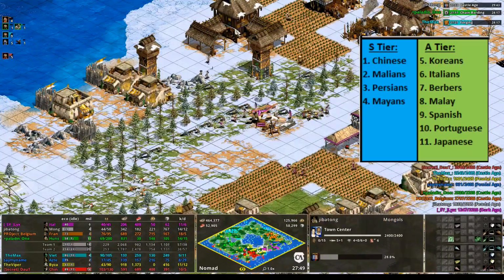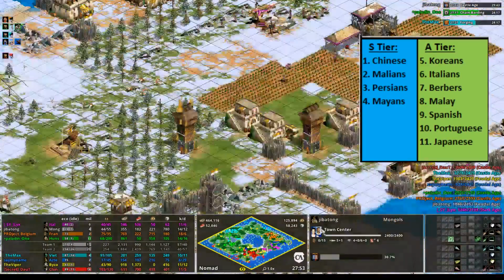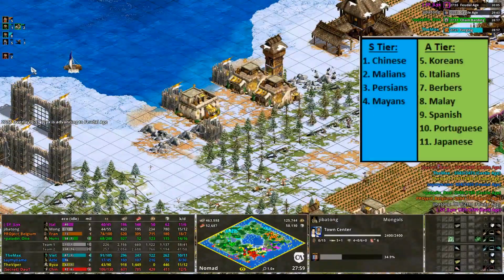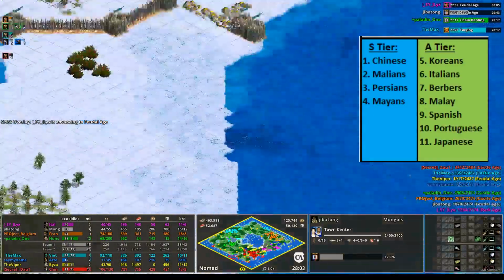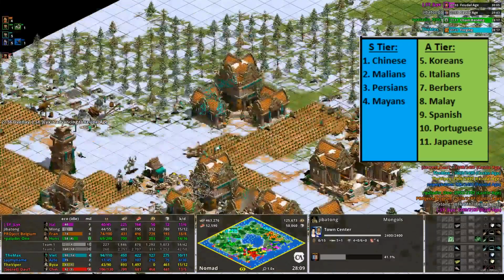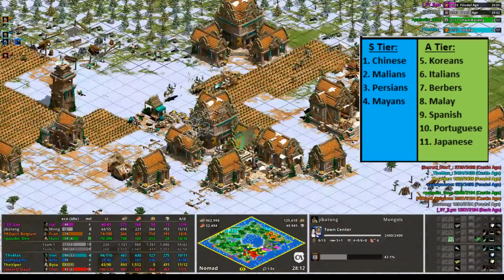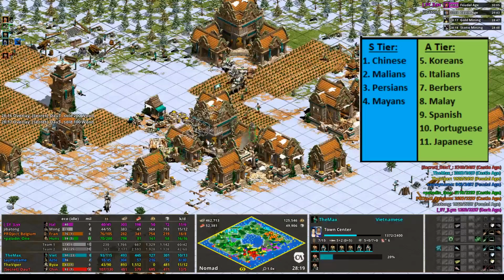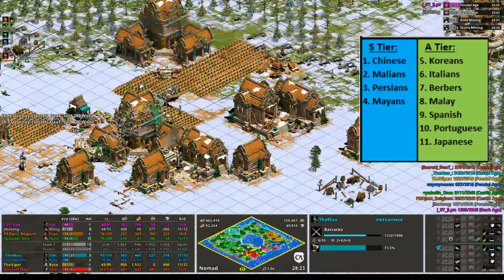Number 6, we have Italians. I don't think there is anything too crazy about this. All of their bonuses are useful: cheaper age up, cheaper fishing ships, and dock techs. All of those things are going to be quite useful on any map with a decent amount of water, and Nomad is going to be no exception, especially because it is a map where uptime and power spikes can always be